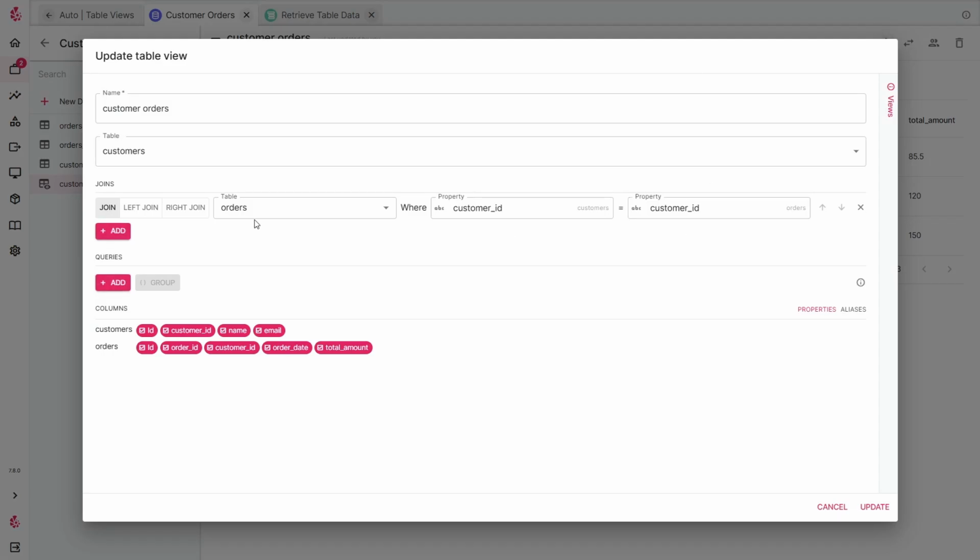So we can see that's what we've configured here. We've said starting at customers, we're going to join it to the orders table, where the customer ID in the customers table links to the customer ID in the orders table. And now that we've added this, we can add multiple if we wanted to, if we've got multiple tables to link. And again, we link it in a similar fashion when we say what IDs we're linking together across each